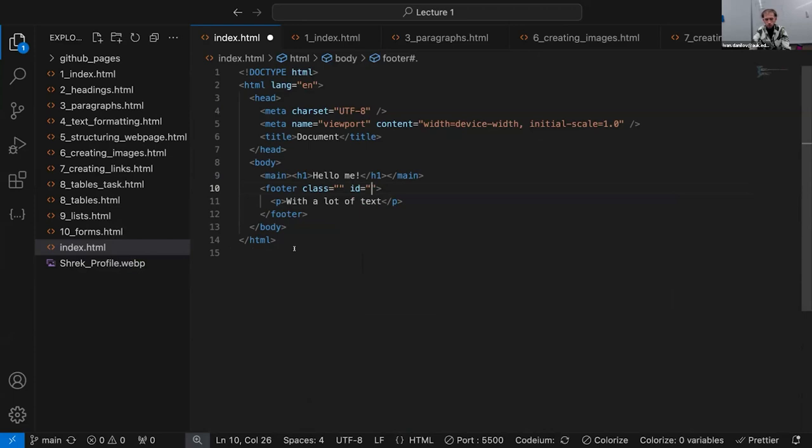It's very important to remember this because a class can be repeated, and you can have multiple classes, for example, test and no,